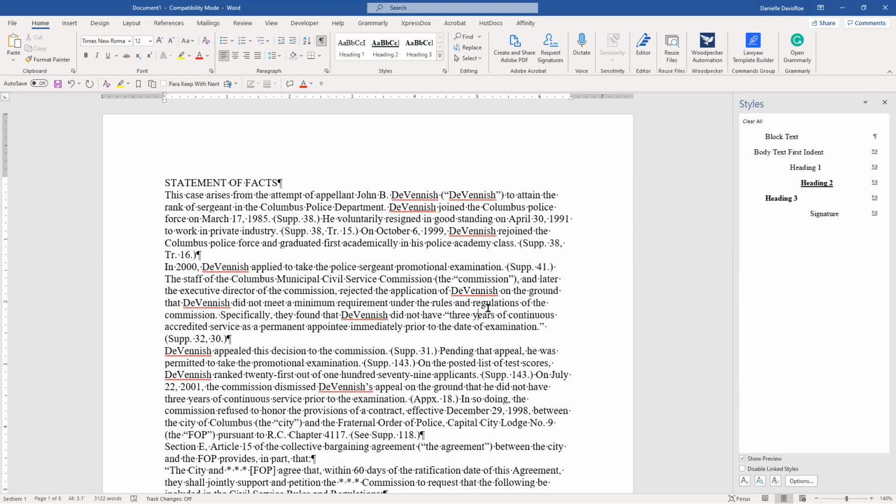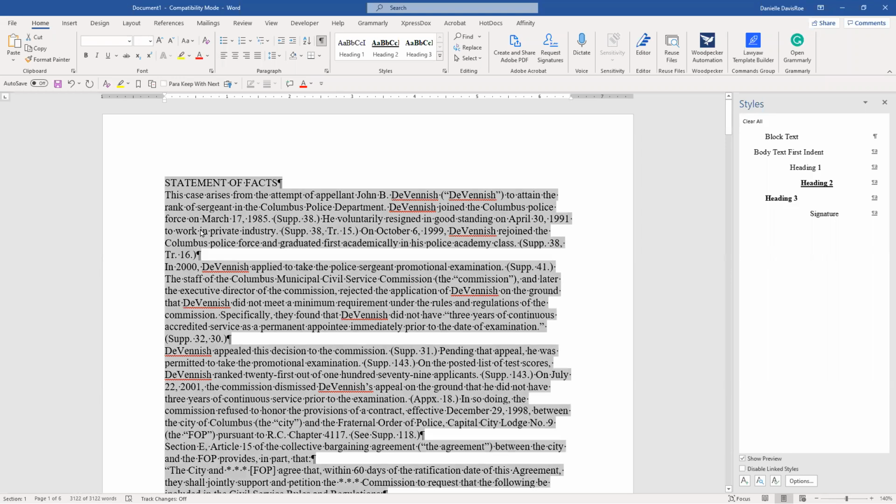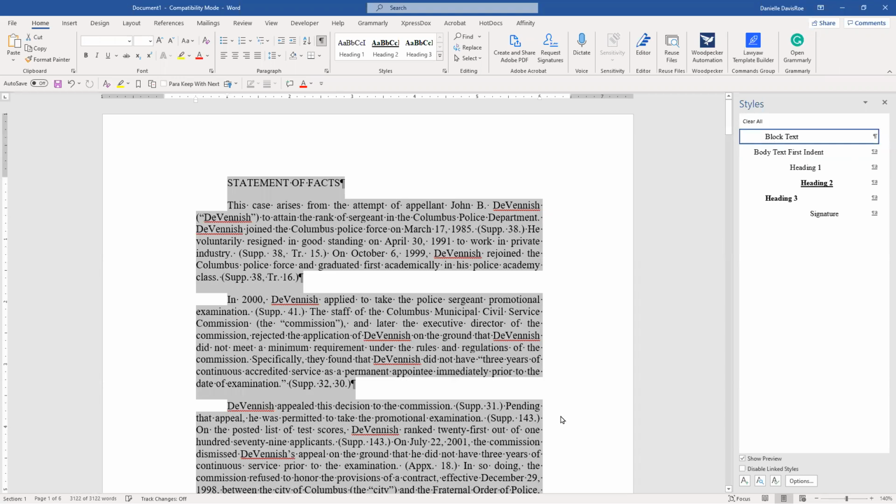Great. And so here's a second question. Todd often downloads forms from a website and they seem to have weird, very idiosyncratic formatting. Is there an easy way to just globally replace all of them with a preferred style? So you could select the entire document. The keyboard shortcut's Control A if you don't want to drag your mouse through it all, and apply a style from there. So I could easily make this all black text, for example, if I wanted to,